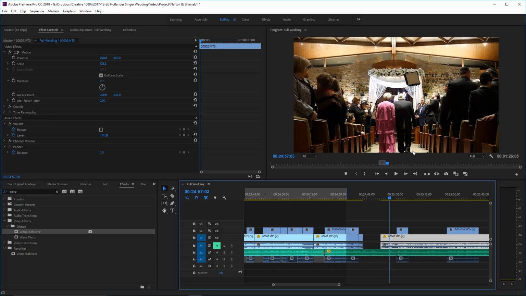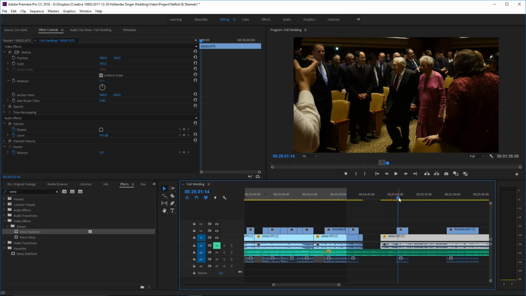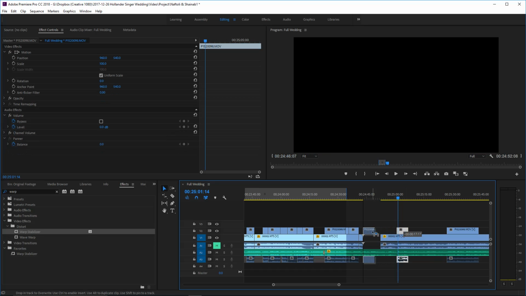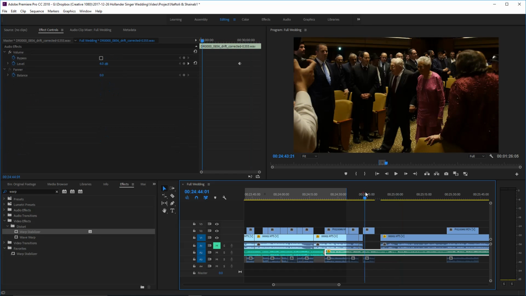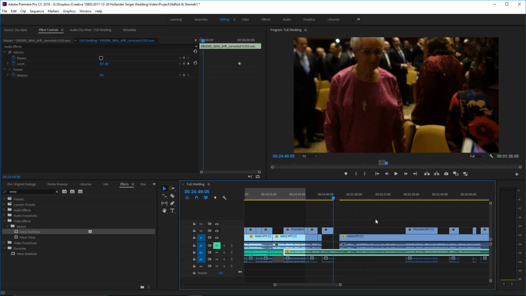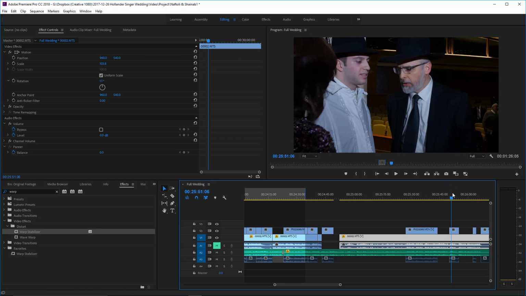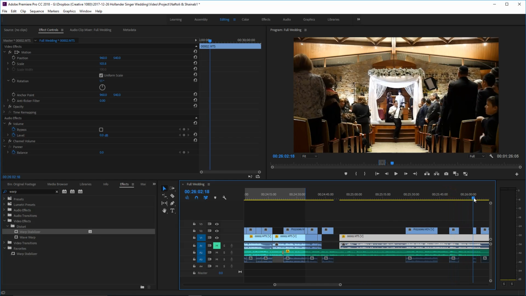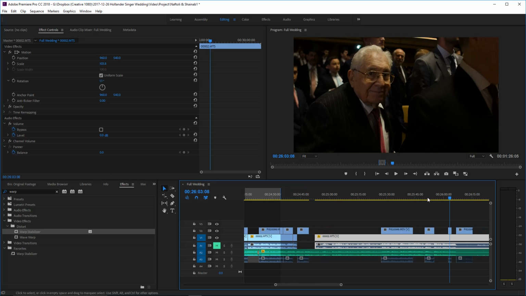And it doesn't add to the story at all to show them from the back, because these are grandparents or great-grandparents, and, you know, years from now when people are looking back at this video, a shot from the back doesn't add anything to it. People want to see their faces, hear their voices. Well, in this case, just see their faces. So we're going to put this clip in here.